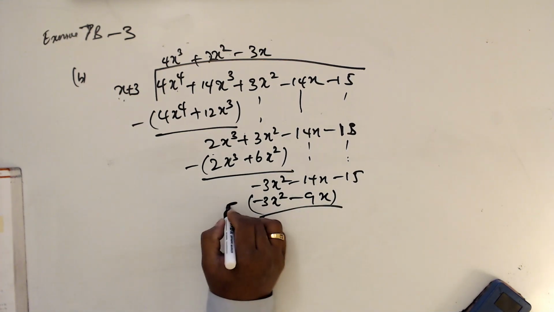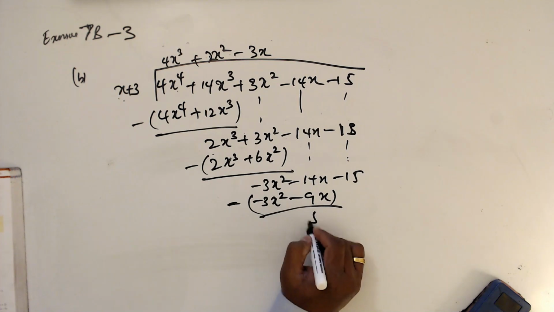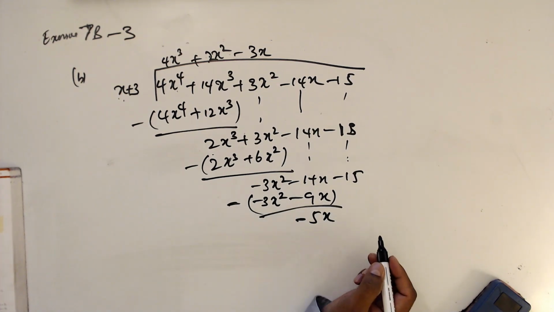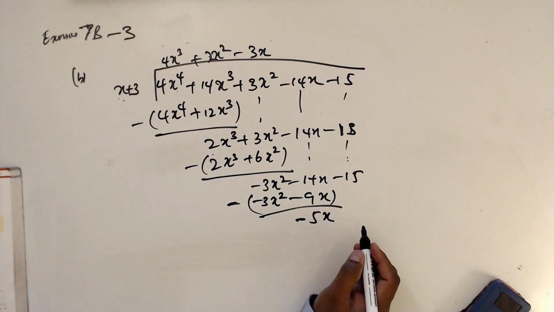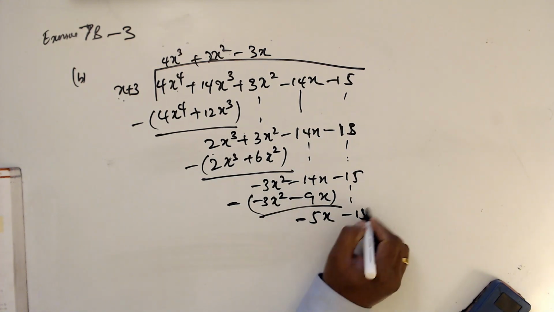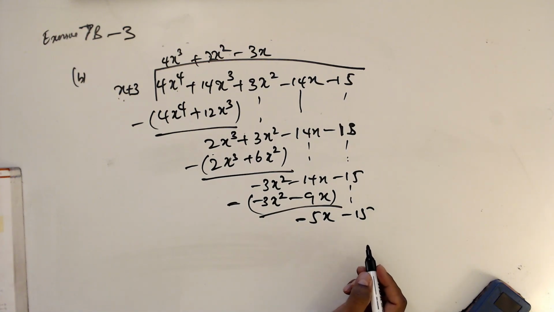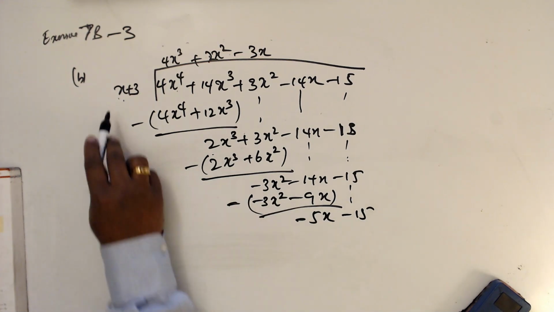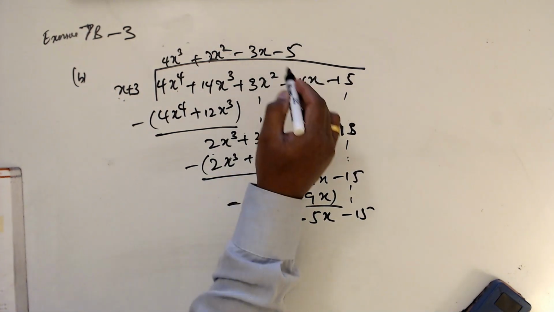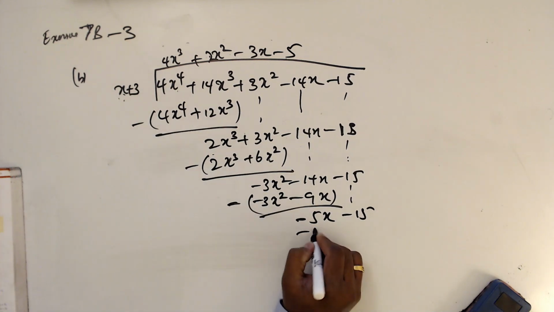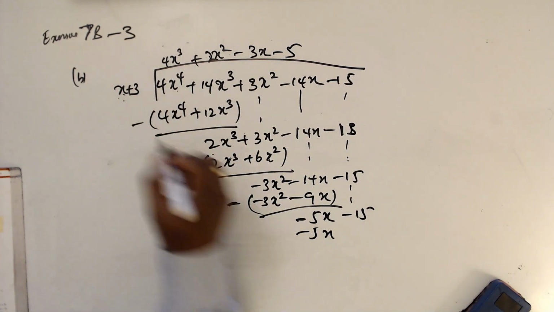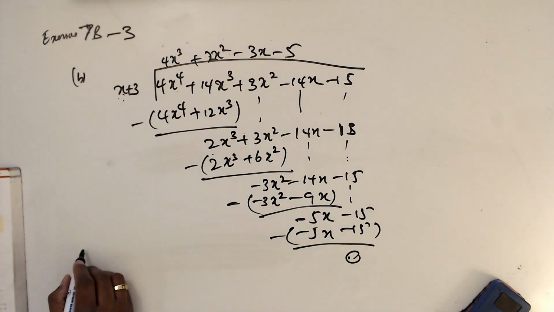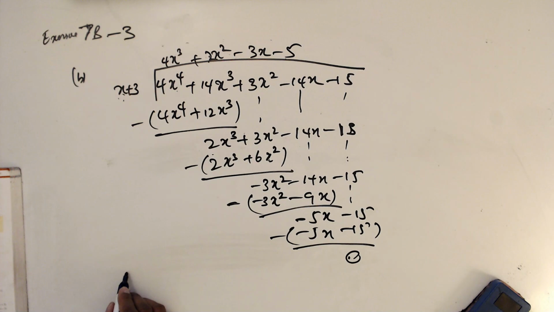So minus it. This is going to be 5x minus 5x. Bringing this one down, minus 15. So how many x go into minus 5x? Minus 5. Minus 5 times x is minus 5x, minus 5 times 3 is 15. Minus it, 0. The final answer is